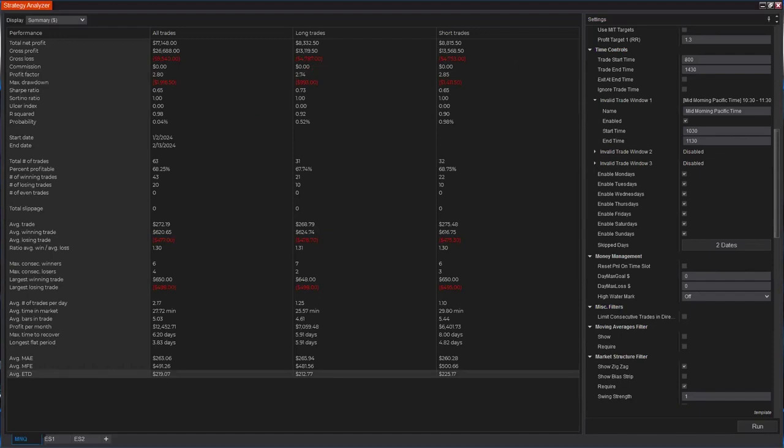Humor me. What is the most important thing on this list to you? If you look at this summary and all the different criteria — profit and profit factor, drawdown, dates, percent profitable — what is the most important thing on this list to you as a trader? Go ahead and type in the chat box, because I want to see where everybody's at. This is really important. Humor me, and I'll show you the point of this.